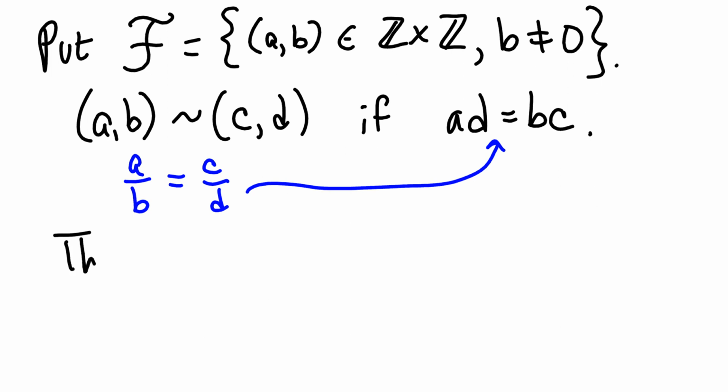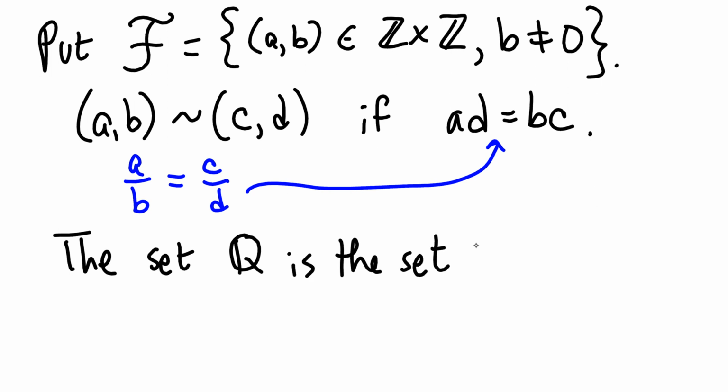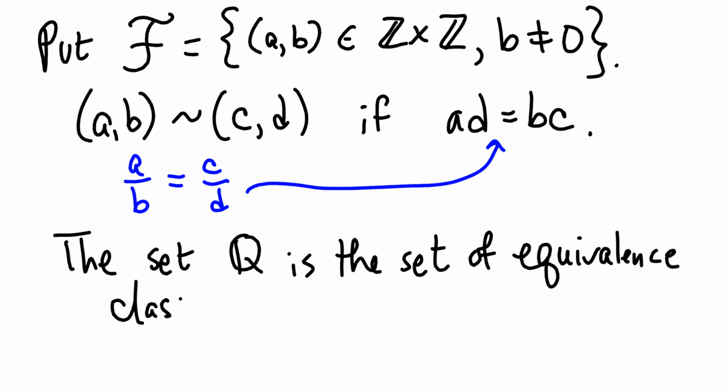We are going to say that the set Q of rational numbers is the set of equivalence classes of F